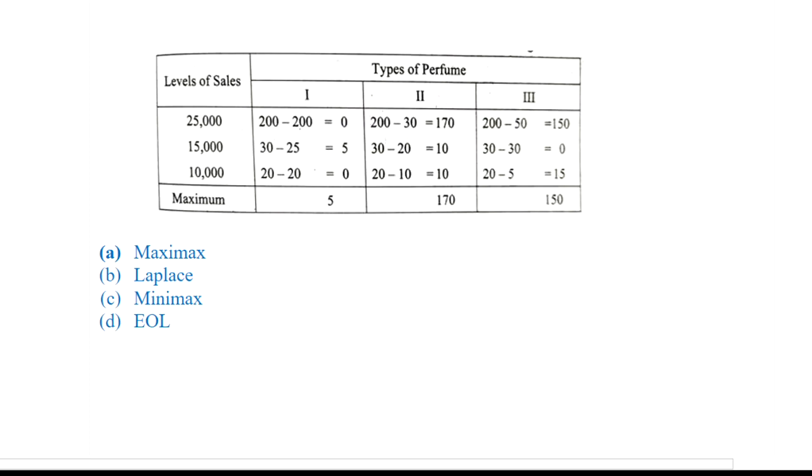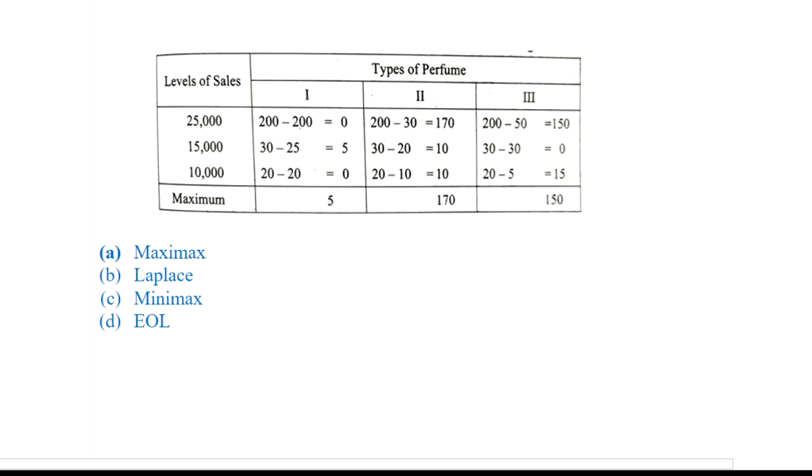Okay. Some values are given. Fine. This is the payoff table. Basically this is a regret table because you can see the values have been subtracted. Under the regret table, what we have done now is taken the maximum. Once the regret table is ready, from the regret table I have taken the maximum value for every act, and then it is being asked to find out type 2, or let me just change the question to type 1.